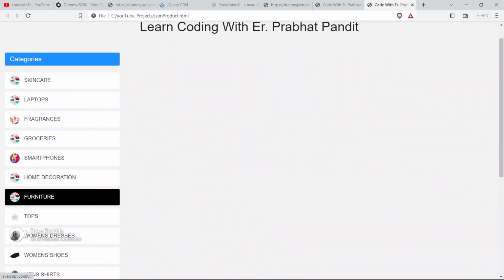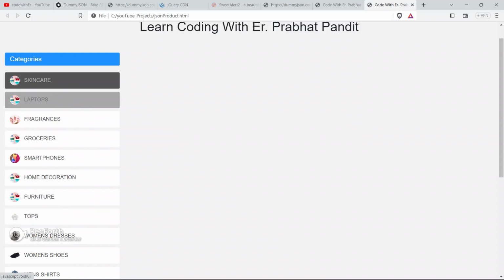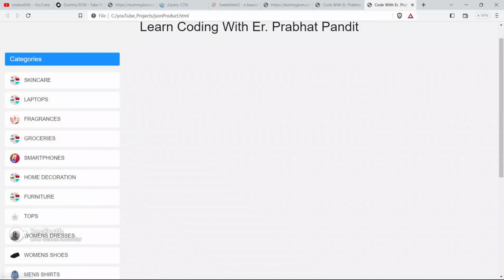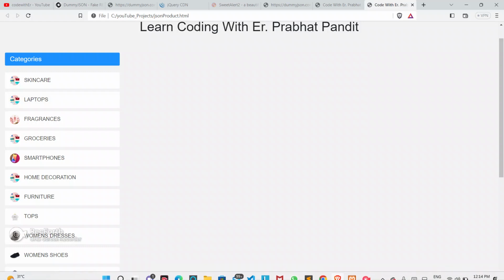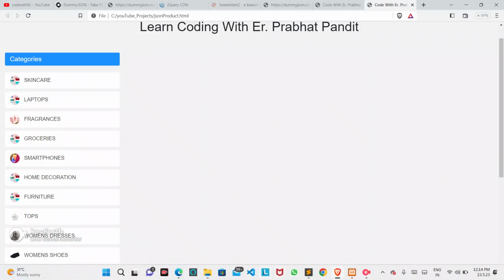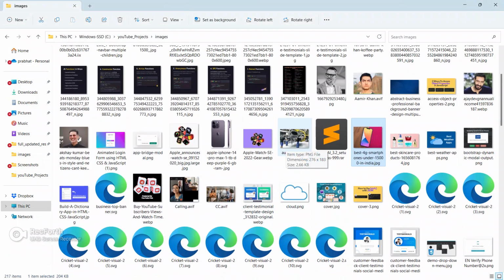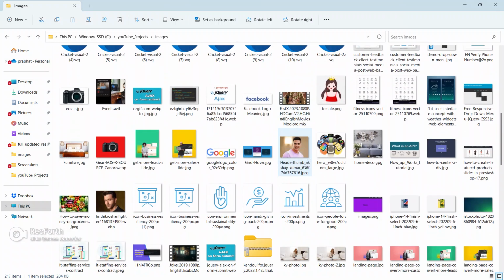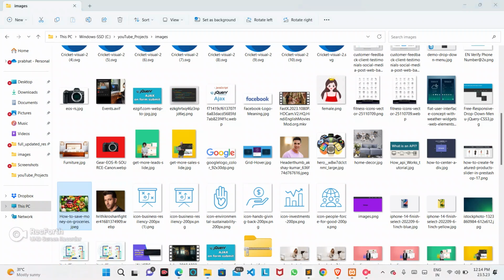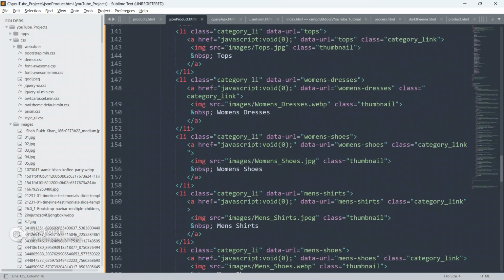Okay, so home decoration, furniture and skincare and laptop. Okay, guys, and groceries also. So just go here, we just have to change some more images. Okay, so this is for groceries, guys.